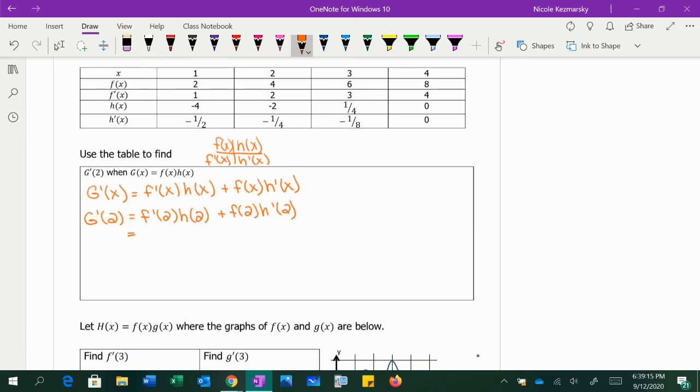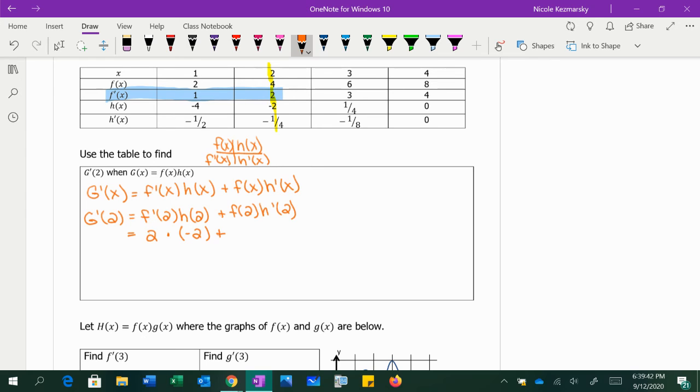We're plugging in lots of 2's. So I'm looking primarily at this column right here. So f prime of 2, I'm going to go to my f prime column, and look across, and I get 2. I'm going to do the same thing with h of 2, so I'm going to use my h column, look across, and I get negative 2,